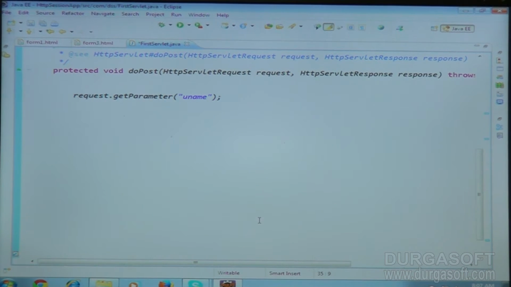First of all, let me store the username in a String variable, uname. Then request.getParameter of user age. Let me store that user age also using a String variable. Sorry, not user password, user age. Good. After getting the request details,